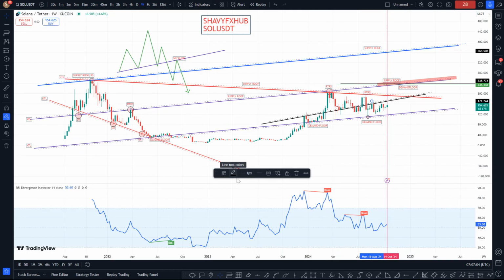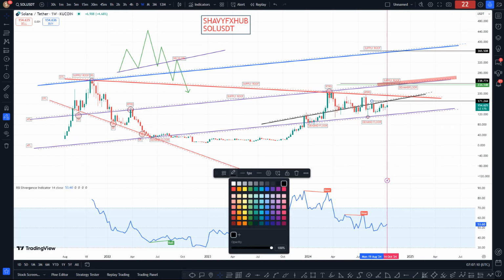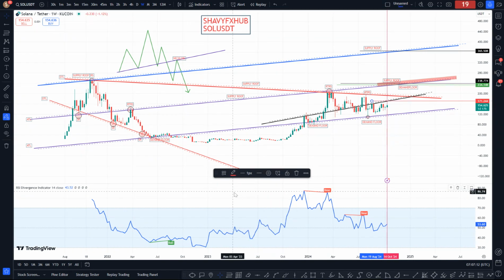I think price might test it, then come back and make a mess out of it and continue its uptrend. So 171.244 wouldn't be a bad place to look for a sell idea. However, allow price to return to the supply roof. If price breaks the supply roof,